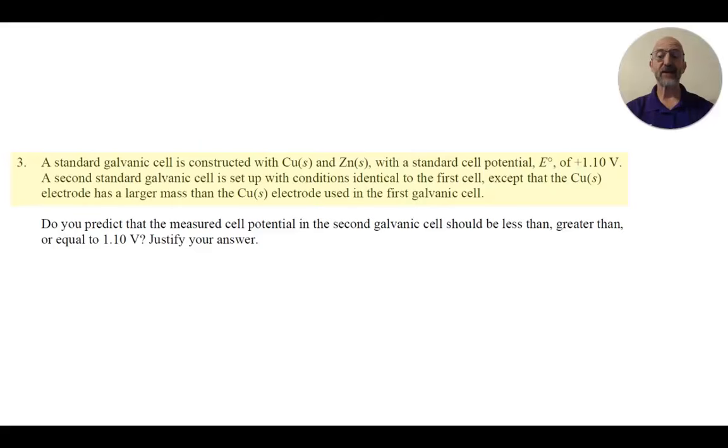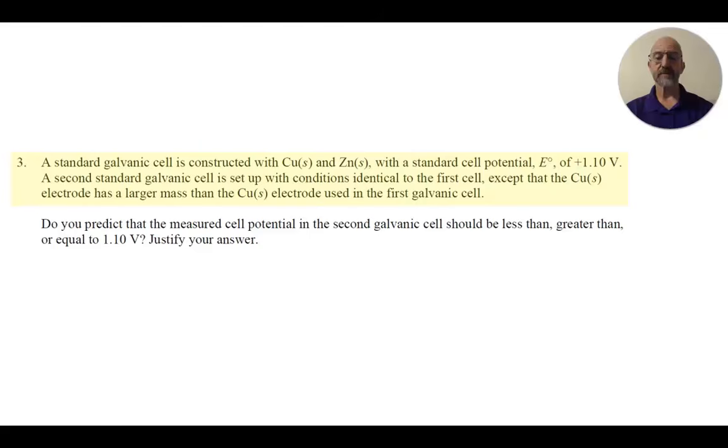A second standard galvanic cell is set up with conditions identical to the first cell, except that the solid copper electrode has a larger mass than the solid copper electrode used in the first galvanic cell. Now, this is not a change that we have seen before in this video lesson. In questions 1 and 2 in this packet, we looked at changes to the concentration of the ions, which can affect the value of Q, but we have not considered what happens if we change the mass of the solid